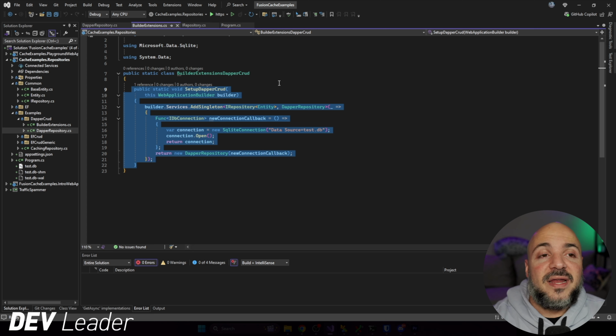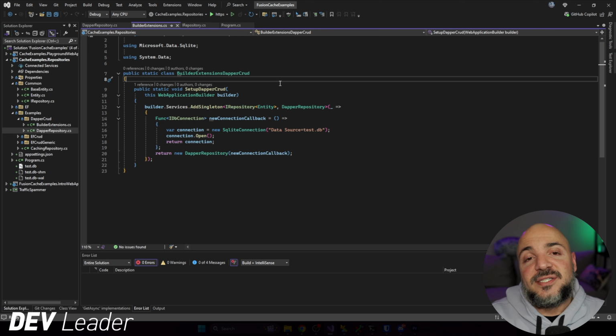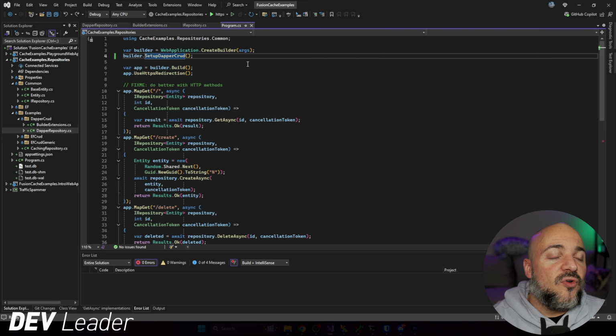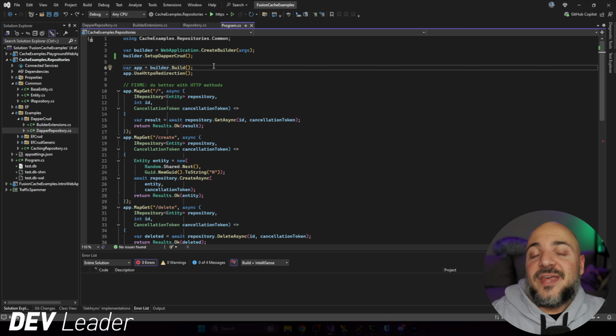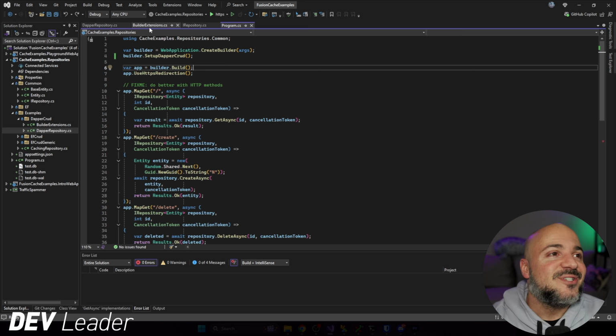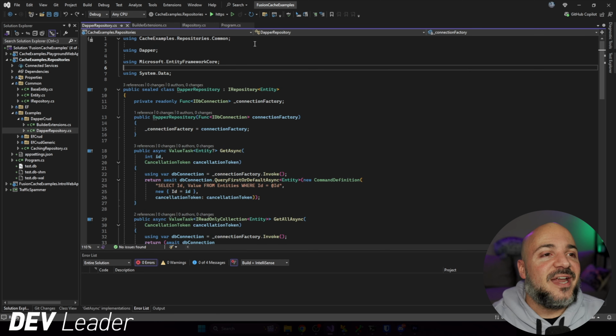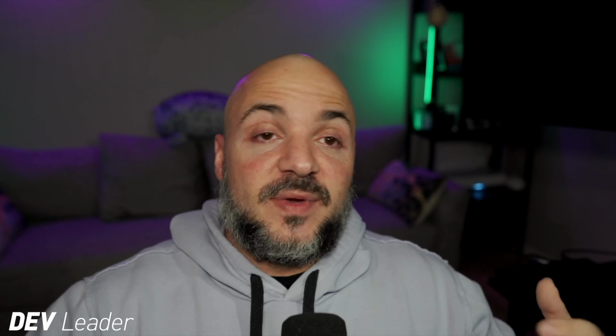This code right here just wires up onto the dependency injection framework that we're going to be using a specific implementation of IRepository, and it's our Dapper implementation. If I jump back to Program.cs, you can see that we're calling it right here on line 4, and that's all that I need to change to go from the Entity Framework Core implementation to the Dapper one. But of course, we have to go look at the Dapper implementation to understand what it's doing, so we'll jump over to that next. So if you've never worked with Dapper before, one of the major differences between Dapper and